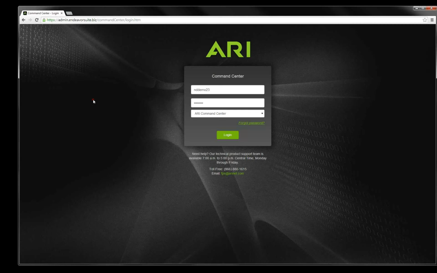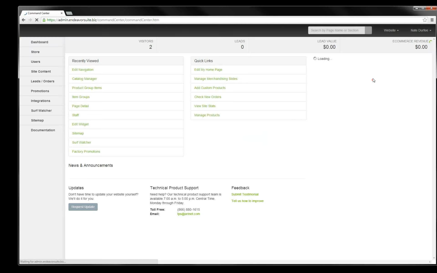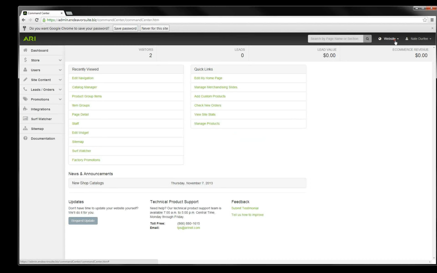In this video, I'm going to do a basic overview of the command center geared for tire websites. So once you get logged into the command center, in the upper right-hand corner, we have the website drop-down selector where you can click on a preview link for